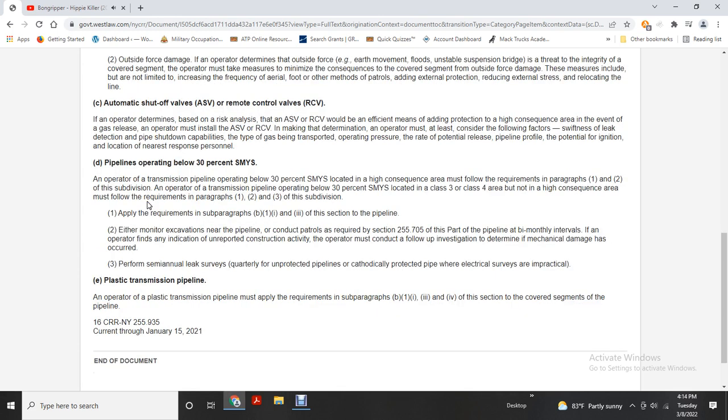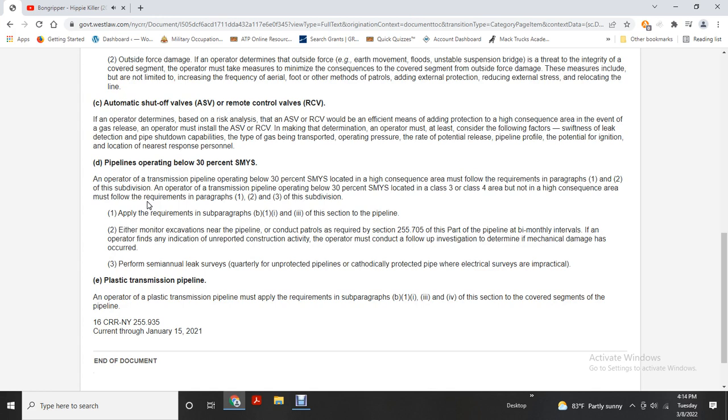C. Automatic shut-off valve and remote control valve. The operator determines the risk and whether the automatic shut-off and remote control valves would be an efficient means of adding protection to a high consequence area in the event of a gas release. In making the determination, the operator must at least